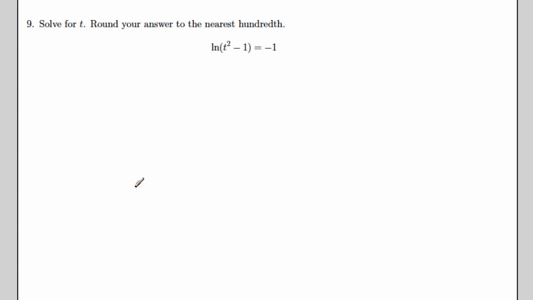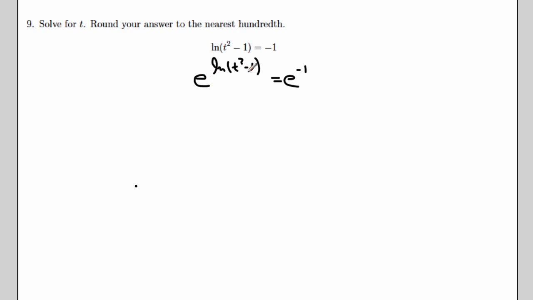So the strategy with a logarithmic equation is to get the logarithm by itself on one side, which has already been done here, and then we can use exponentiation to clear out the logs. The natural log is log base e, so if I use exponentiation with a base of e on both sides, in other words, have e to the left-hand side equal e to the right-hand side, then this is an equivalent equation,